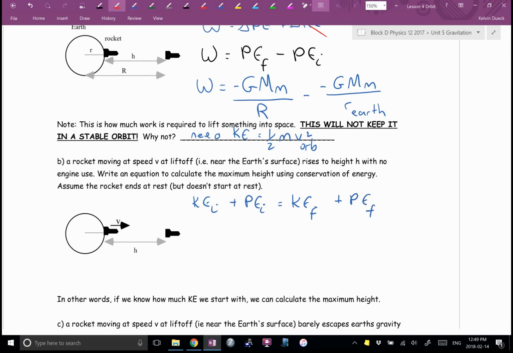It does say I can assume the rocket ends at rest. So this is just firing something straight up, and then I guess it's going to fall down. Maybe it'll open a parachute and survive. Let's add that just so we don't have destruction and chaos everywhere. It's going to be a half m v initial squared, and that initial will be your launch speed,